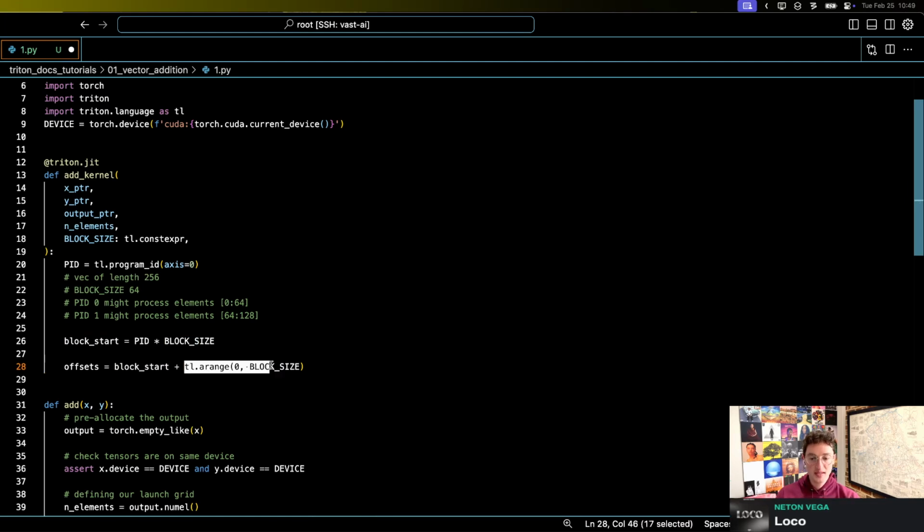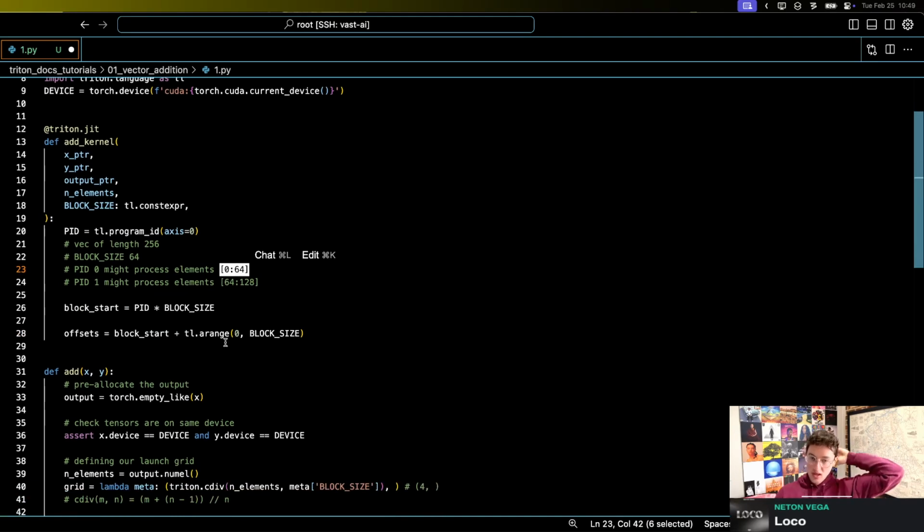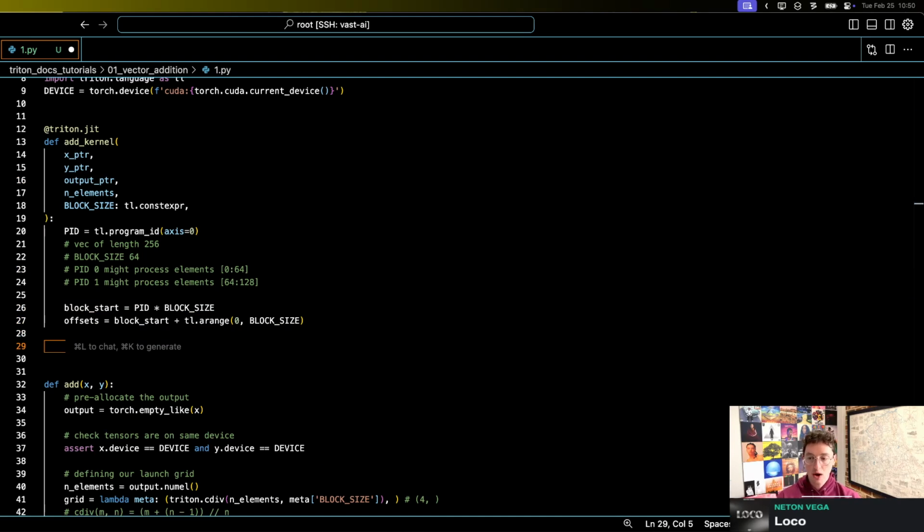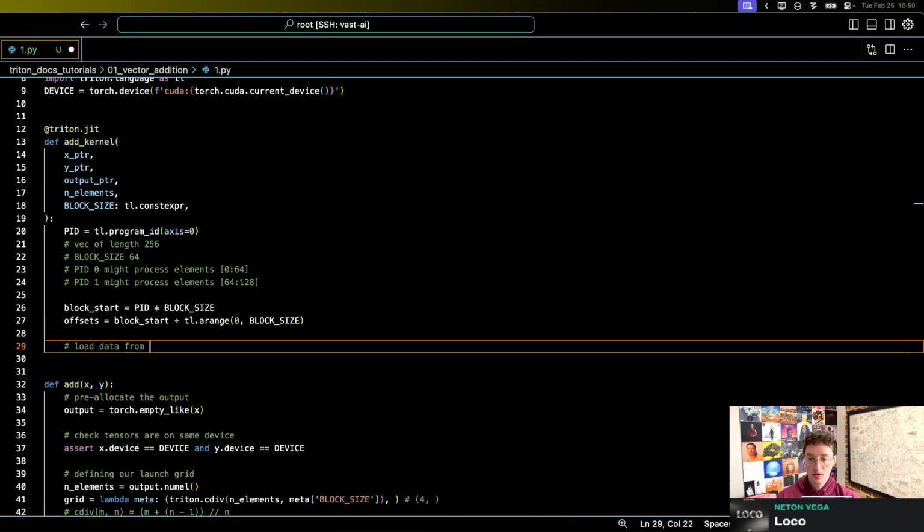And then this is 0 to 64. Add these two together, and our offsets would then be an array of numbers 0 up to 64, right? And that defines the actual entries in the original tensors that this specific instance of our kernel, this program, is going to process. What we do next is we actually load our data from DRAM, aka VRAM, aka HBM,